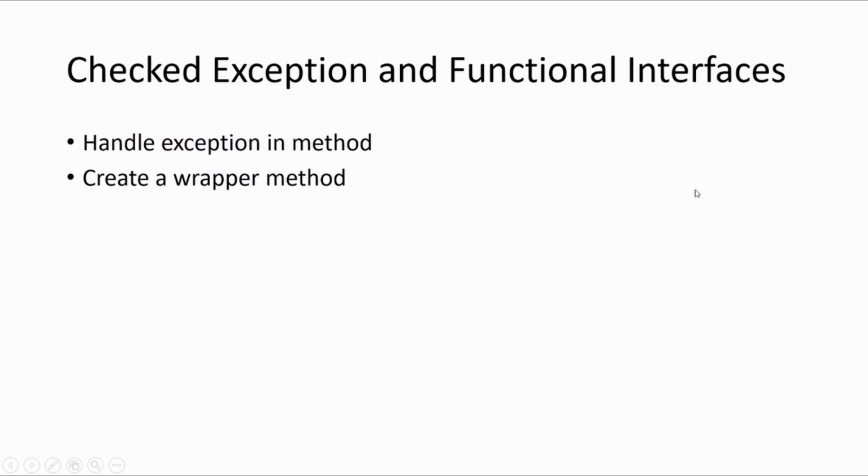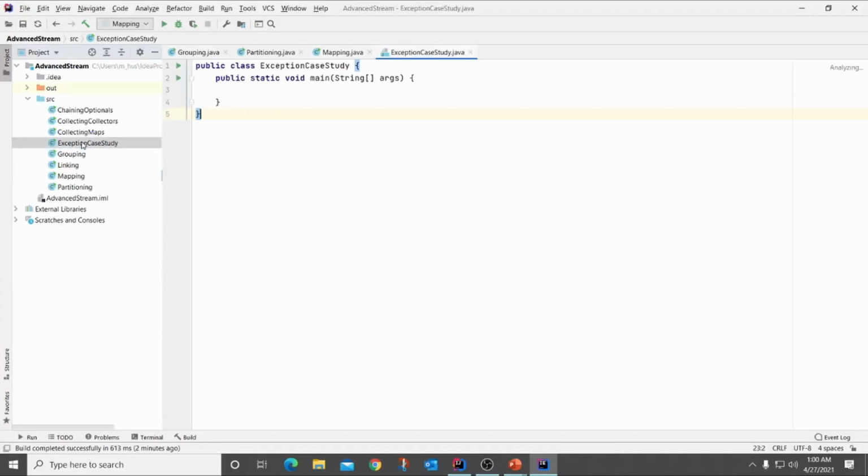Next is checked exceptions and functional interfaces. So this is also an advanced topic. How do you handle an exception if you are using a reference of a method which throws an exception in the lambda expression or in the method reference? So this topic is also very important. So there is a class with a main method, and